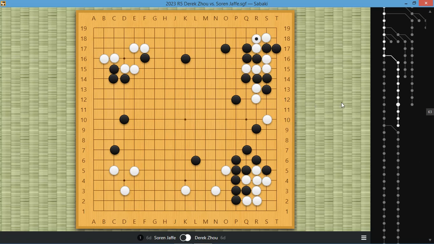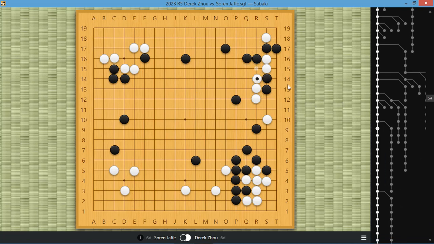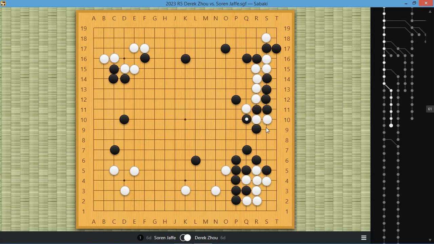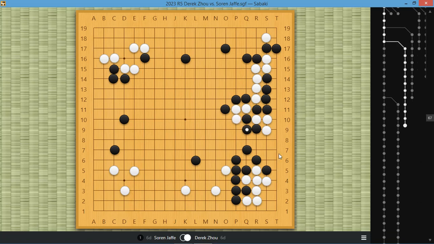So, yeah, I don't think white could have done that, although it would have been better than what happened in the game. Because I can even push here once if white connects. Bump, and there's no way for white to capture me. If something like this happened, cut, Atari, like this. White's got too many problems. I got 4 liberties, white has 2 or 3, so...